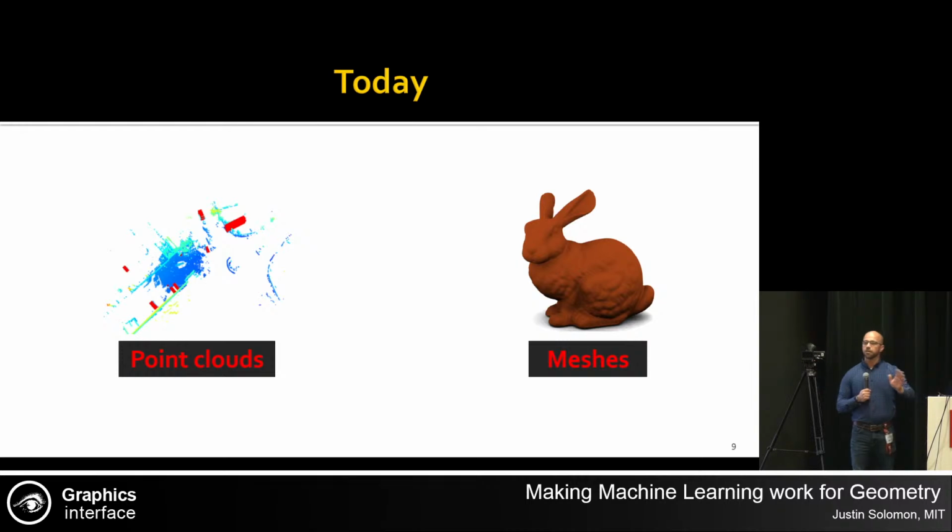Of course, there are many other super exciting problems at the intersection of geometry and machine learning, like generative modeling, creativity, and so on. These are fantastic things to think about, but for today, we're going to keep it simple, because I'm already running late. So we'll first talk about some of our techniques for learning from point clouds, and then we'll switch to the triangle mesh, which interestingly is a more structured object, but I think is a little less studied in